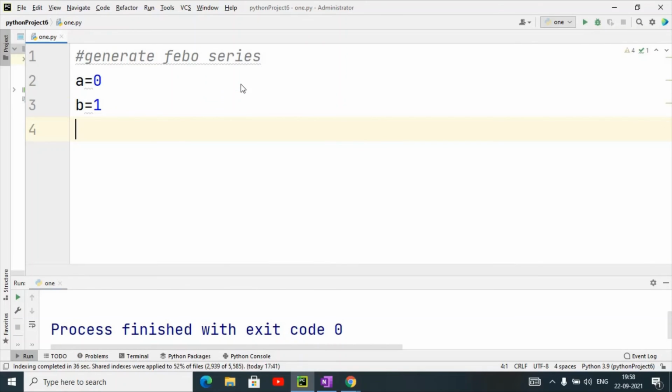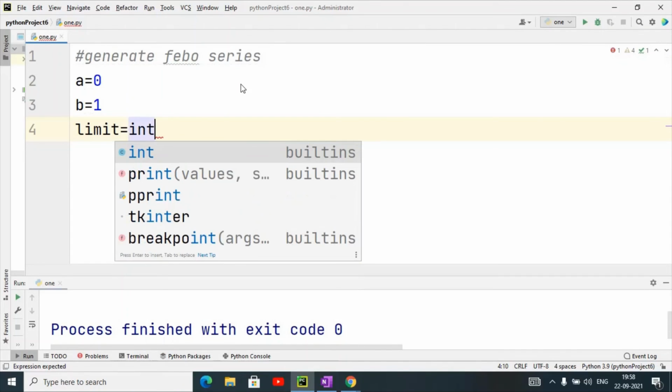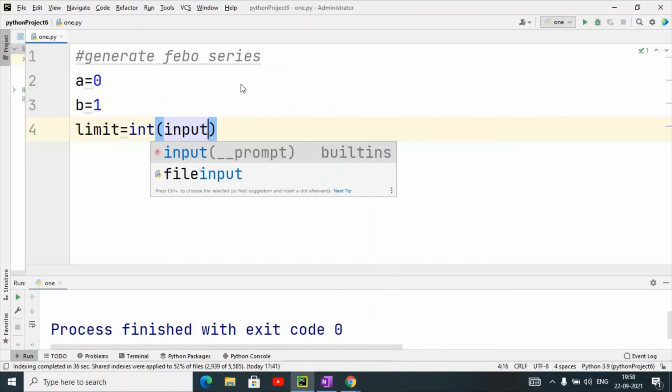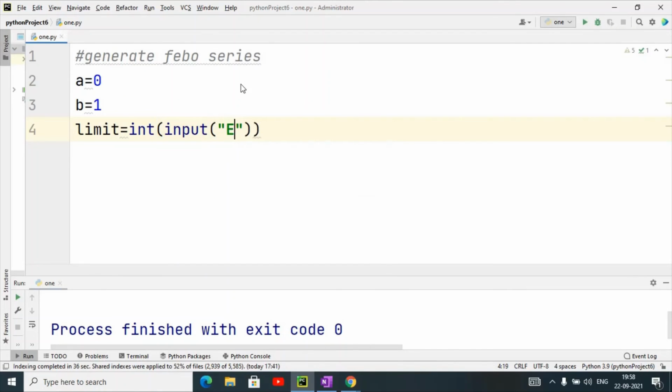So I will input the limit value: limit equals int, and I give the input function, enter limit of series.